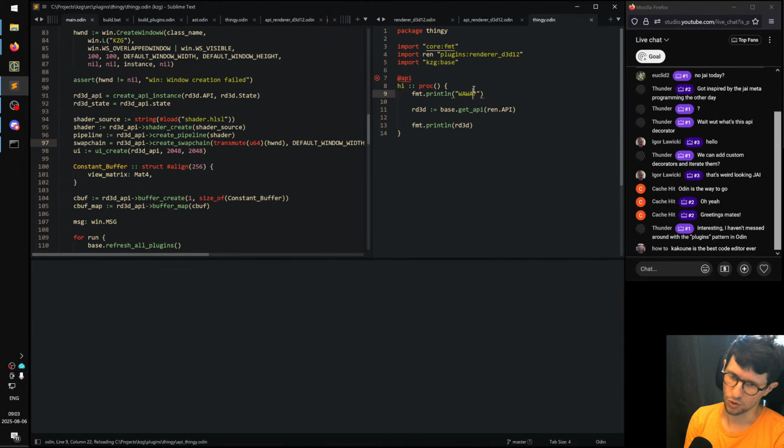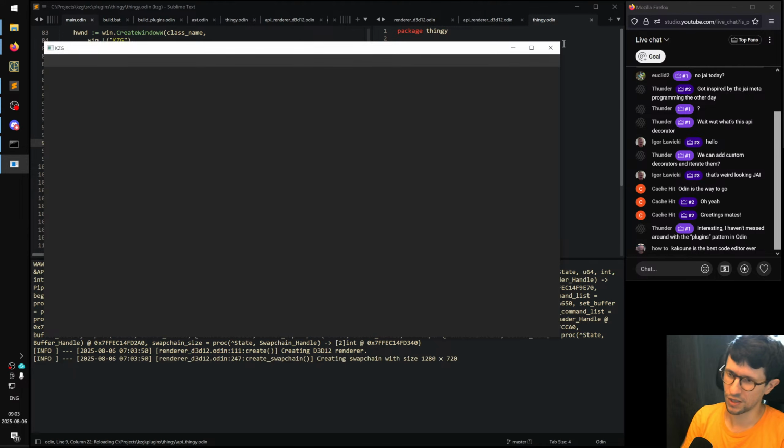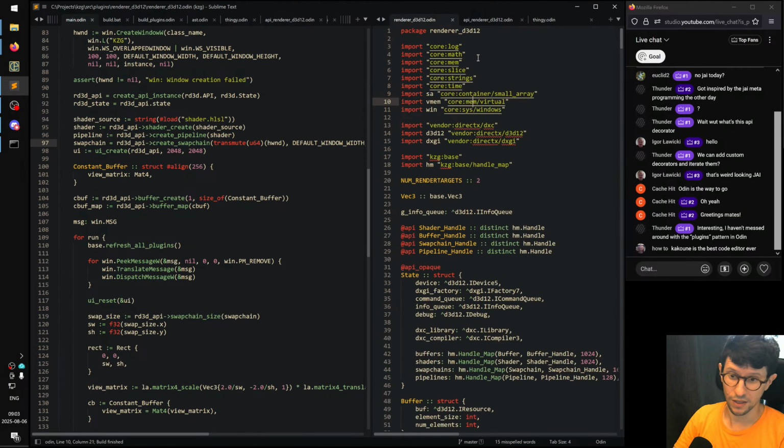Anyways, so what we're gonna do today is gonna do something funny, and I wasn't inspired by the Jai meta programming, but one thing I miss in Odin, one thing that becomes a problem with this kind of setup. So you shouldn't use many small packages in Odin usually. But when you're doing a plugin based thing, you will have slightly more packages, and you will be forced to have some kind of base package with your base types in, such as this vector type, or maybe something more complicated, whatever it may be. However, this prefixing here, like